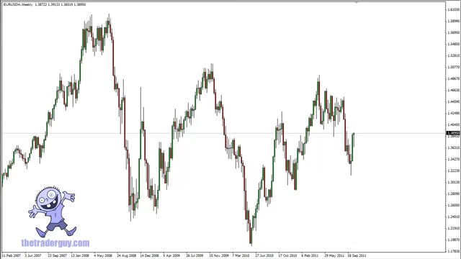Okay, now that we've gone over basically what support and resistance is, let's look at a real life example. A lot of traders will look at a chart like this, and this is the Euro US dollar weekly, and what they'll see is they'll say things like, wow, if I would have just sold there, if I would have just bought there, whatever you're seeing when you look at this